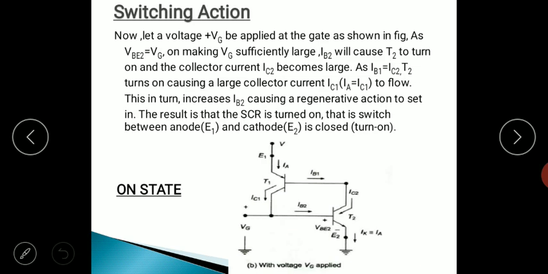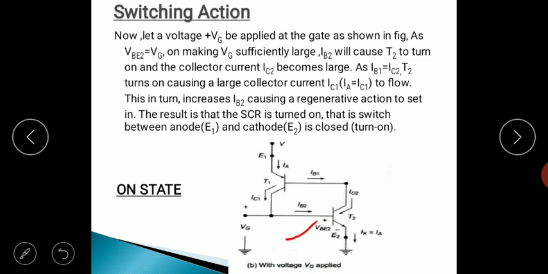Similarly, to understand how exactly SCR behaves in the on state, again consider a positive voltage VG applied at the gate as shown, and since VG is applied, VBE2, that is the base emitter voltage of transistor T2, is VG. As a result, a sufficiently large current IB2 will flow into transistor T2, thereby turning it on.